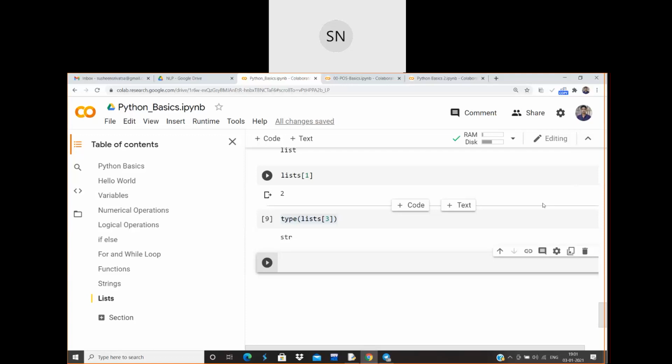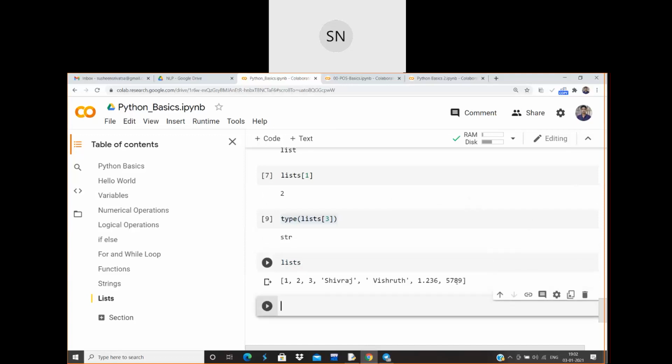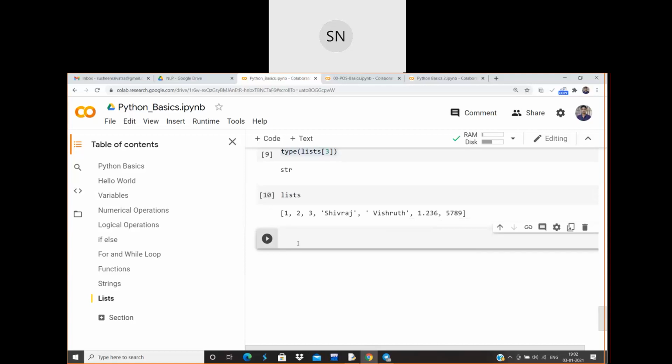So how do I add things in a list? There is a syntax called append. Okay, let me type list over here. If I execute, I will be getting only these kinds of parameters which I have defined earlier. So I want to add some more data into it.